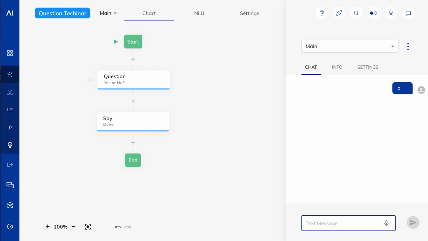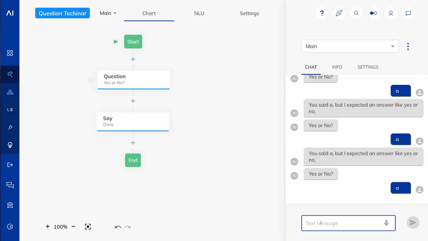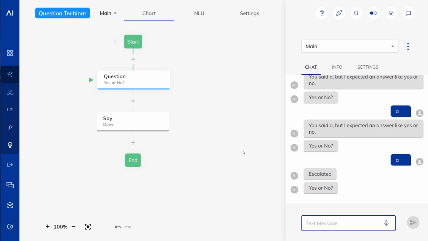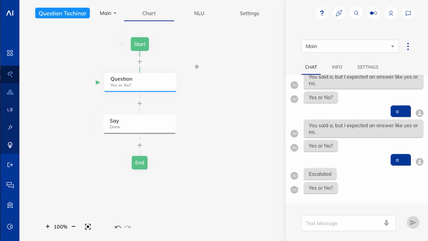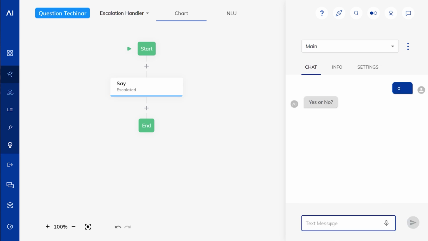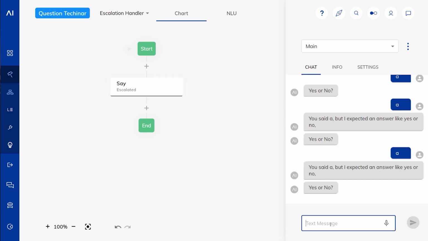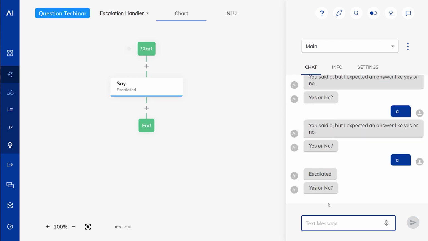Let's try this out. We come in, the question is asked, the reprompt, second reprompt, and now the escalation. We can of course not just output a message, but we can do much more advanced things now in the escalation handler. And let me show you that by executing this again. So question asked, this was input 1. Input 2, we get a reprompt. Input 3, we get a second reprompt. Input 4, we get the escalation. So now we've hit this node.